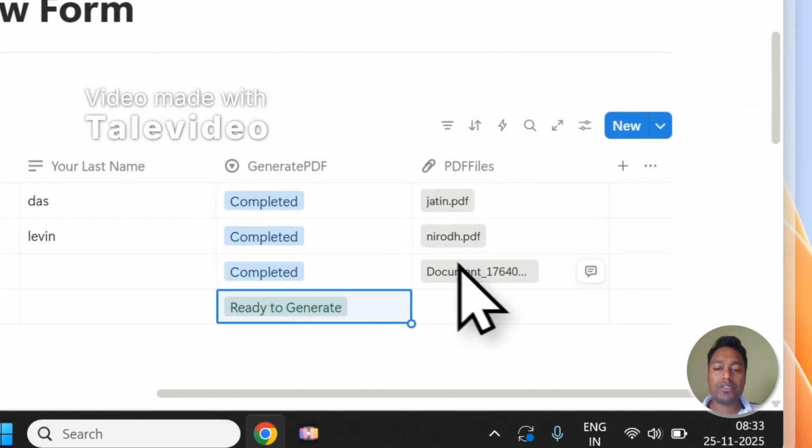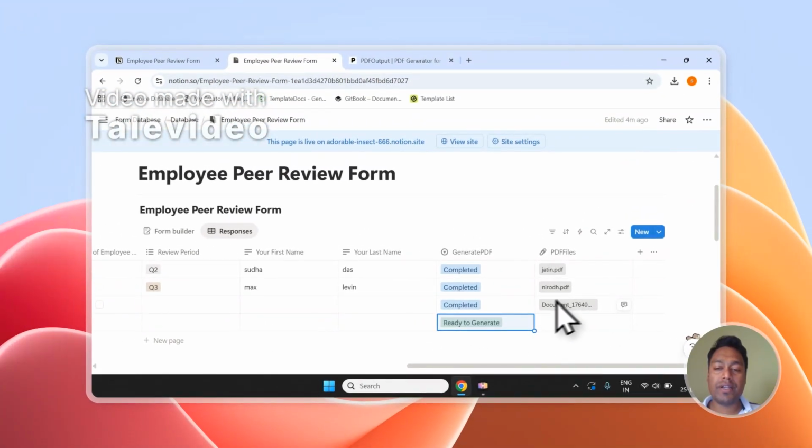And as you can see, it has processed one document and it has generated the PDF right over here, as we were discussing this and as we had added it while